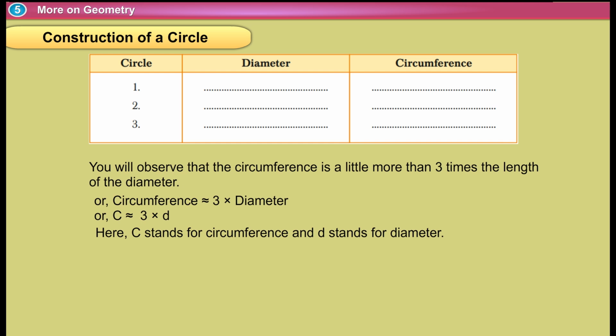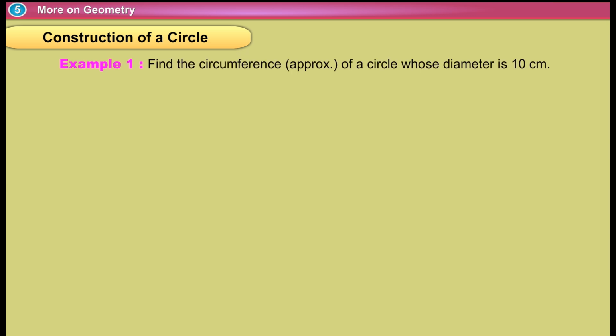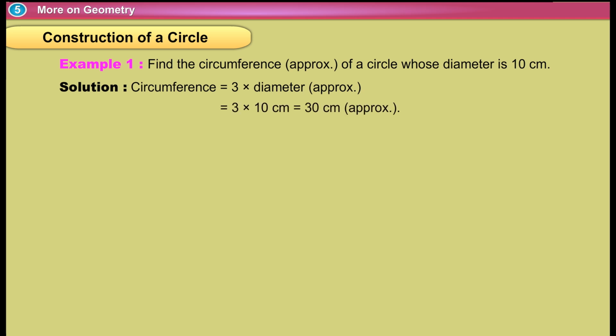Or, C approximately equal to 3 times D. Here, C stands for circumference and D stands for diameter. Note, the symbol means approximately equal to. Example 1. Find the circumference, approx, of a circle whose diameter is 10 centimeters. Solution. Circumference is equal to 3 times diameter, approx, is equal to 3 by 10 centimeters is equal to 30